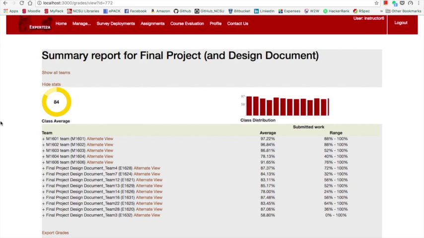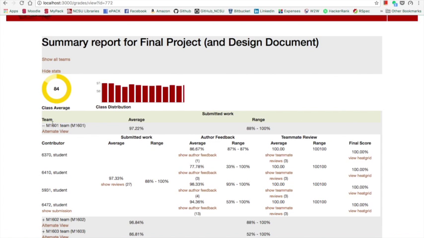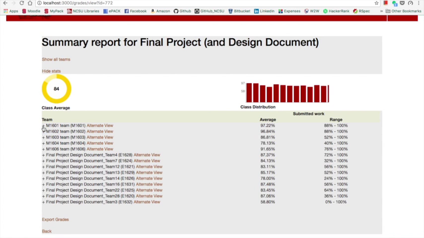Now the remaining badge is the consistency badge, and this is a bit different from the others in that it is not assignment specific, but rather a student has to perform well in all the assignments, that is, receive 90 or more in all the previous assignments to get this consistent badge. Currently, the final project is the final assignment, and we have checked that student 6370, who is a member of M1601, has received 90% or more in all of his assignments. However,